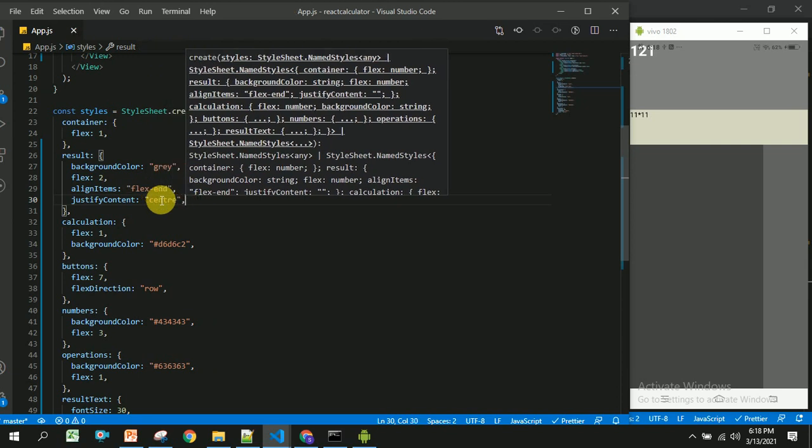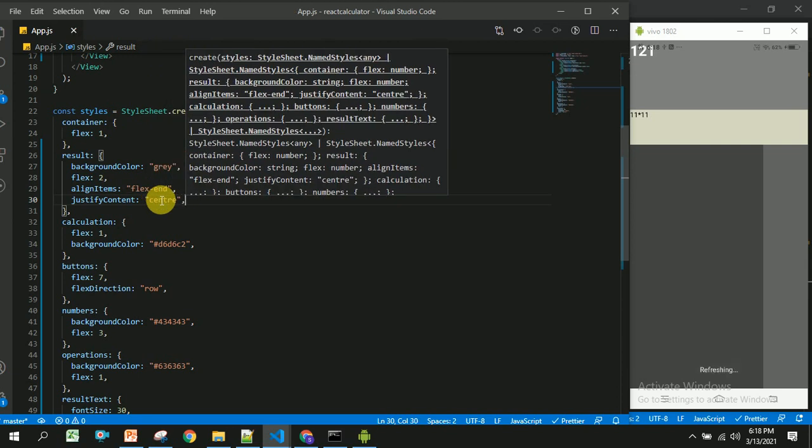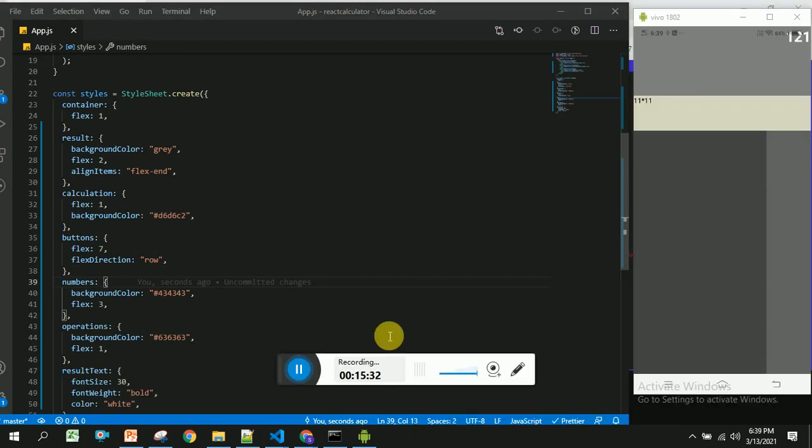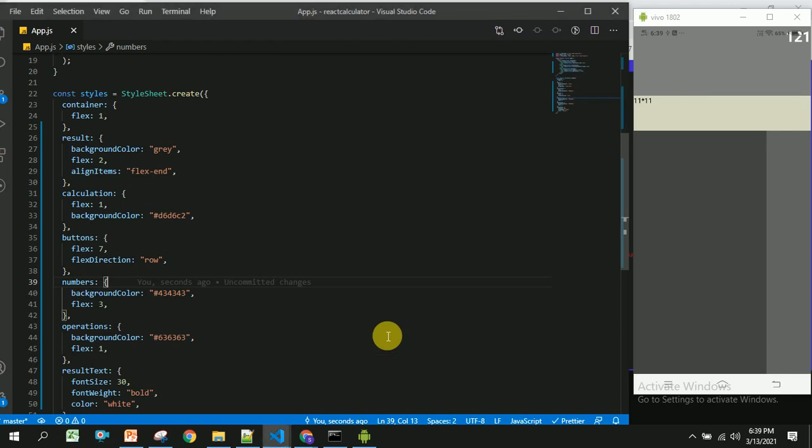Let us save this. So you should be able to see 121 here. So we have got some issues here. So the issue is because of justify content.